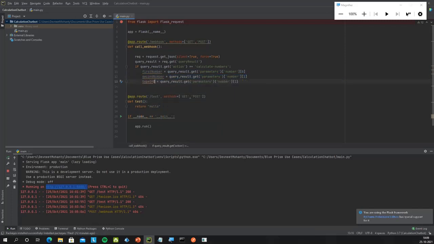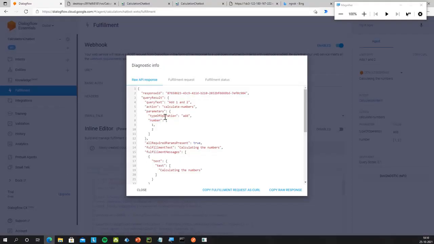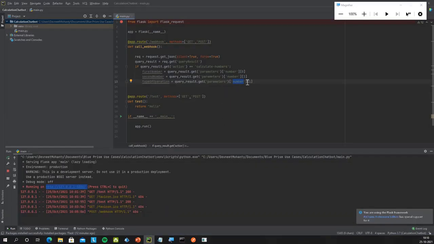Now the third parameter that I need to get is the type of operation. So let me rename this as type of operation, and here I can use in the parameters, if I go, there is a type of operation key directly, right? So I can go ahead and I can simply use type of operation. So once I use type of operation, and so here till this part I have basically fetched all my answers,